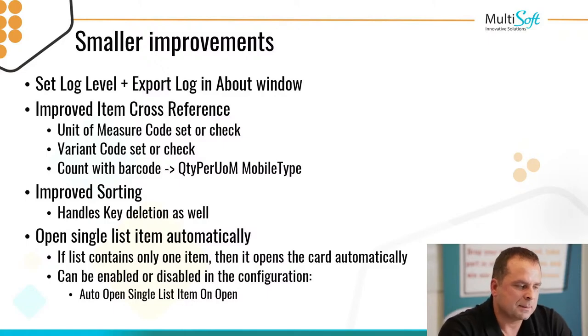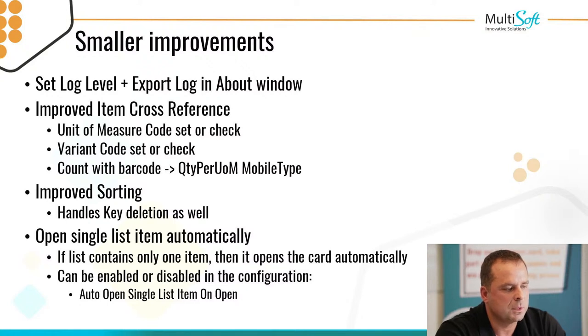Next one is the improved item cross-reference. There we have made it possible to basically utilize the unit of measure or the variant code from the barcode and validate that on a target record. Like if you are standing on the sales order line and you scan a certain barcode, then that variant code or that unit of measure can be written onto that sales order line. But you can also use that on the warehouse documents for validating, for example, that you are picking the right variant,